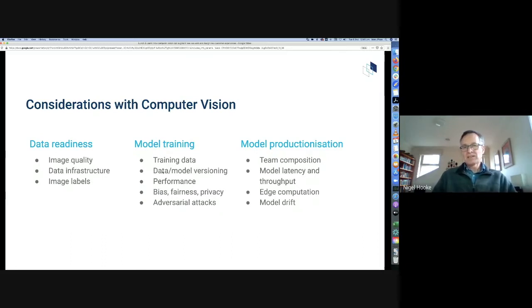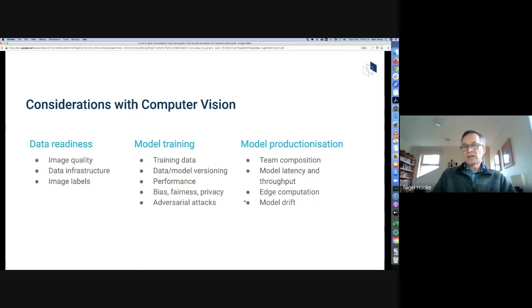You also have to pay attention to how accurately the model is performing on the task that you want it to learn. And you also have to think about whether there's anything in particular about the collection of images you're using that could present certain ethical issues, such as a bias towards identifying certain cases over others, fairness and privacy. These are all important, although perhaps less obvious concerns that you have to pay attention to.